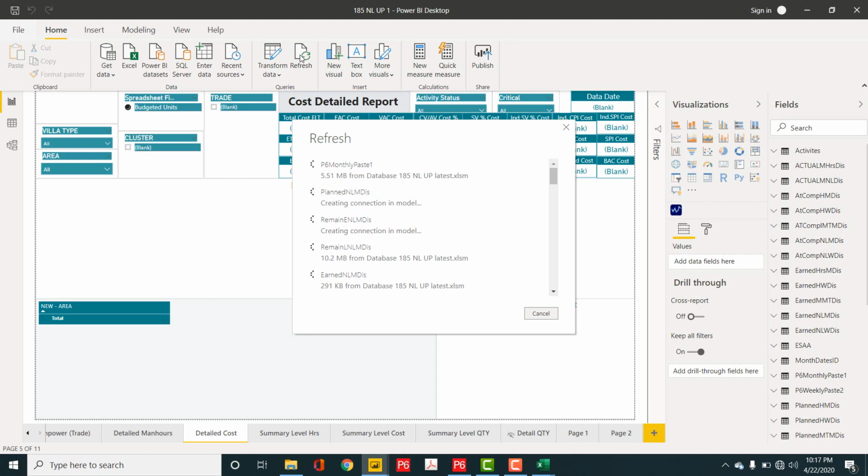So guys, actually we need to understand there's a huge difference between P6 integration with Power BI and design of Power BI reports. So P6 integration will not take more than 5 or 10 minutes. But the design behind these reports is a massive thing. It's a complex thing. It requires a lot of expertise in Power BI.